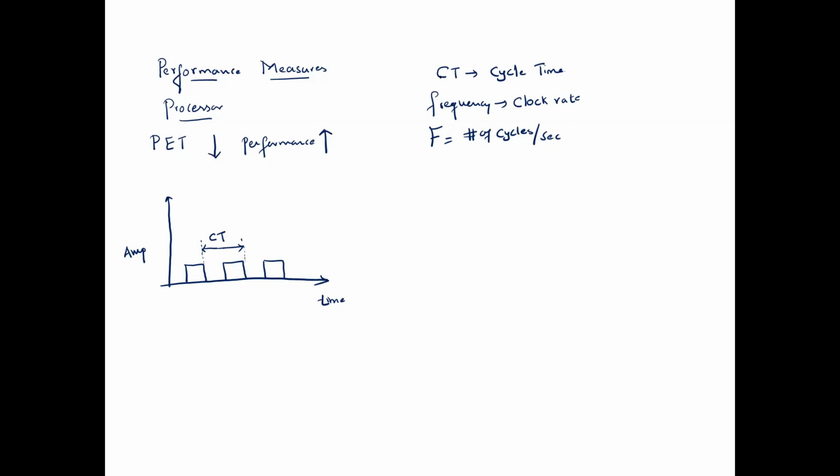And what is the relation between the cycle time and the frequency? So I can write it as frequency is equal to 1 divided by cycle time, or cycle time is the reciprocal of frequency. Say for example, if the frequency is 1 megahertz, now this cycle time will be 1 divided by 1 megahertz, that is equal to 1 microsecond. What is IC? IC is equal to instruction count, right? So I can define instruction count.